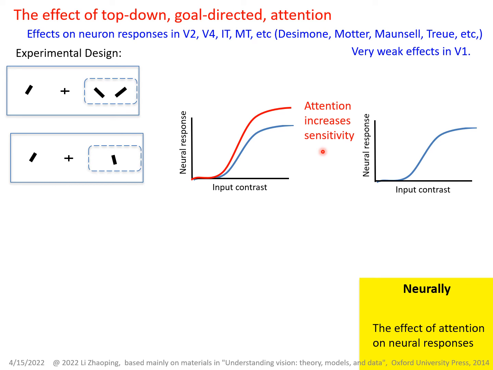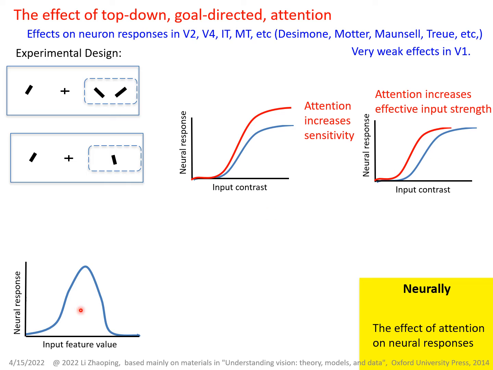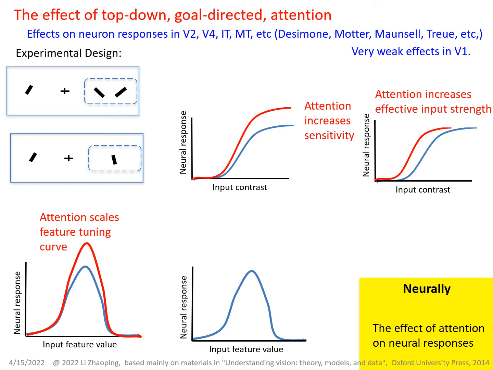Attention can also change the input response curve in other ways. In this case, it is as if attention increases the effective input strength. You can also measure the feature tuning curve of a neuron. So, for example, let's say that this is the orientation tuning curve of a neuron. The feature value is the angle theta of the bar within the receptive field, and here is the preferred orientation. Attention to the receptive field can change this tuning curve, for example, to scale it up or to change its shape so that the feature tuning width is smaller or larger,